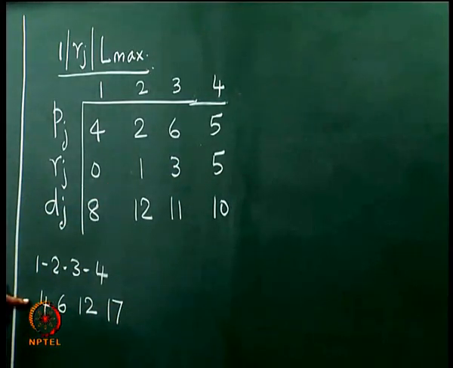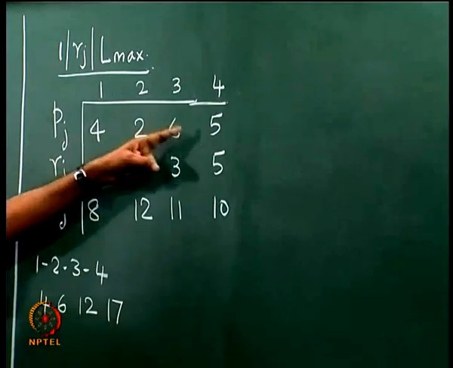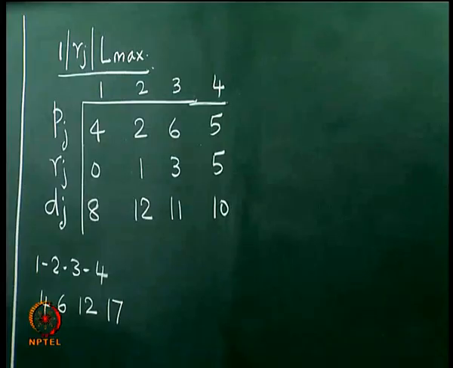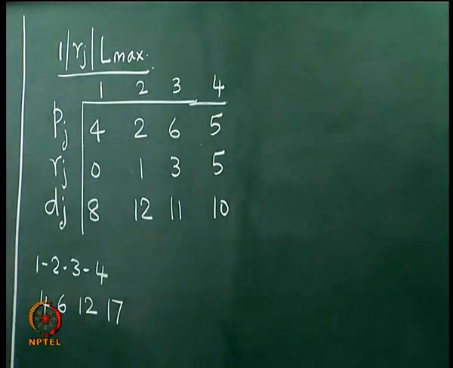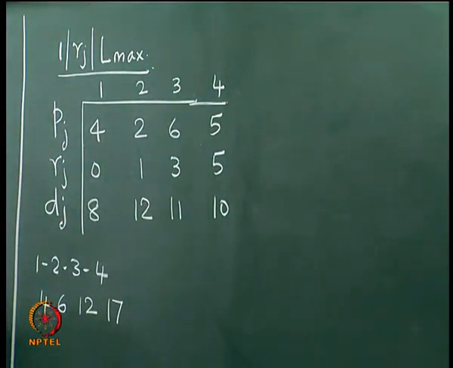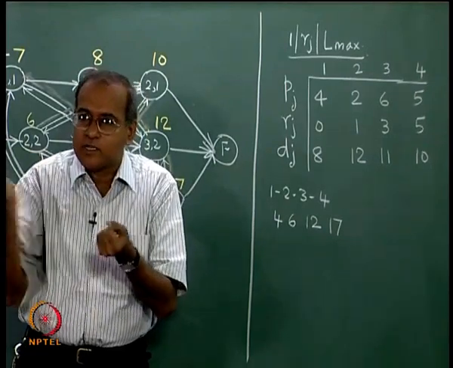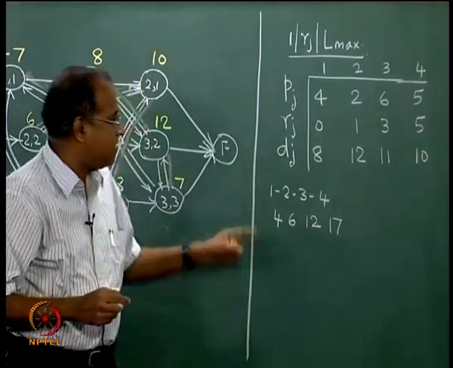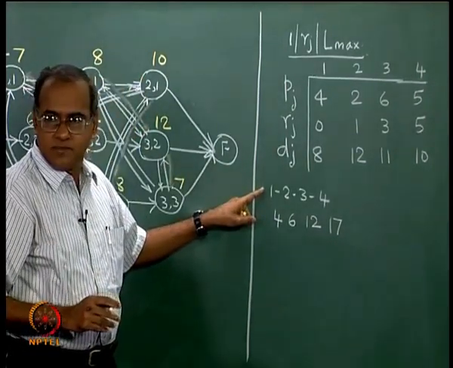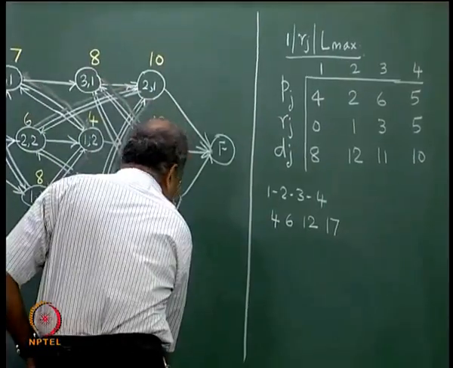These are the completion times, 4, plus 2 is 6, plus 6 is 12, plus 5 is 17. We have not encountered a situation where the machine has to wait for the job arrival, that has not happened in this particular sequence. But if we consider a sequence